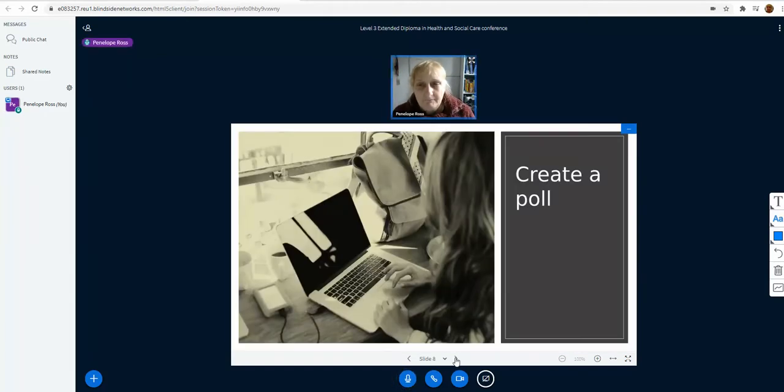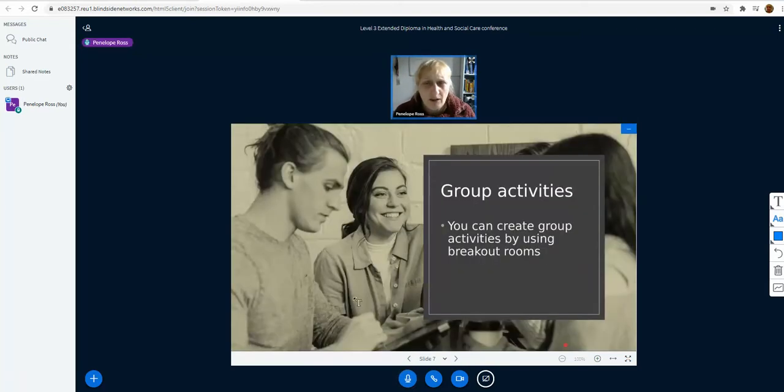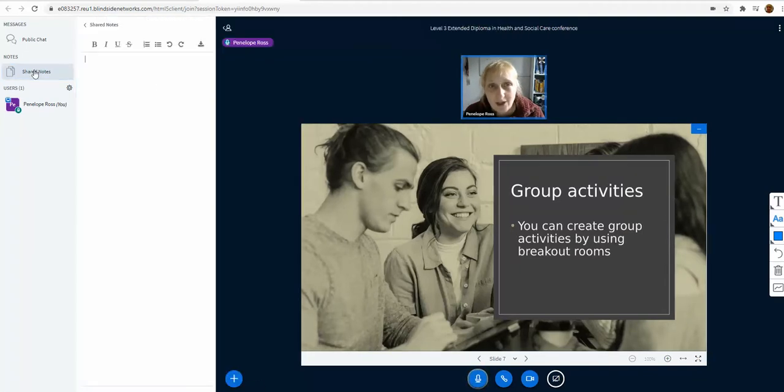Sorry guys. Before we go into the polls, and I realise I've clicked on, but there you go. I want to share this feature with you, shared notes. This is the best thing since sliced bread. It is so good. And it is the thing that has revolutionised my teaching using Canvas conferences. And I now use this every single time. So if you press shared notes,